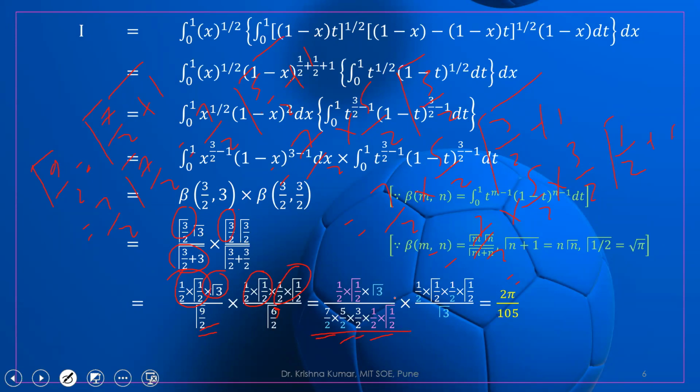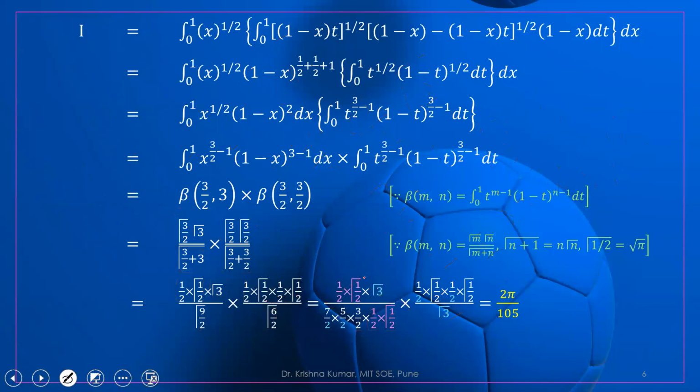So just look here. This gamma 1 by 2, gamma 1 by 2 will be cancelled. And gamma 3 means what? It is 2 factorial. But now there is again gamma 3. This will cancel. This is the second part: 3 plus 3 is 6, 6 upon 2. So this is gamma 3, and gamma 3 and gamma 3 will cancel. This and this will cancel.